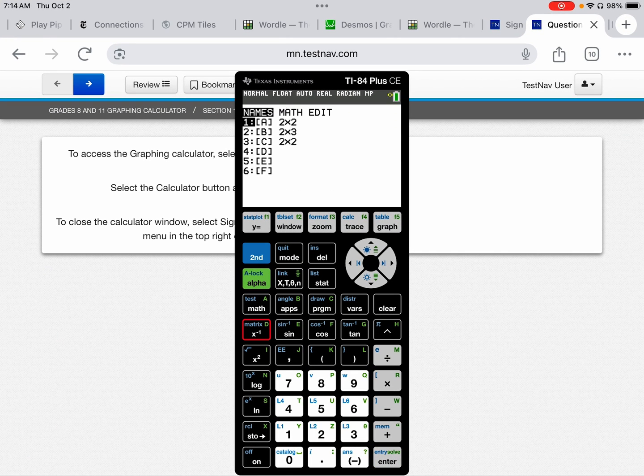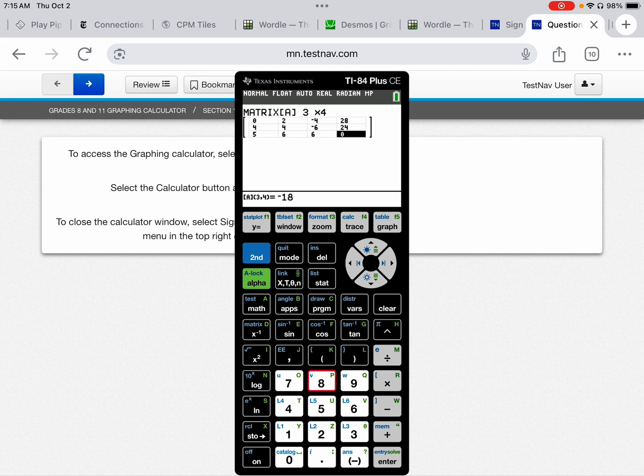So I'm going to go second matrix, go over to edit, and then you can pick wherever you want to put it. So I'm going to type it on top of matrix A. I know it's frustrating that you can't really clear the matrices, you just can kind of type on top of them unless you want to reset your calculator. So this matrix was a 3 by 4. So we had 0, 2, -4, 28, 4, 4, -6, 24, and 5, 6, 6,